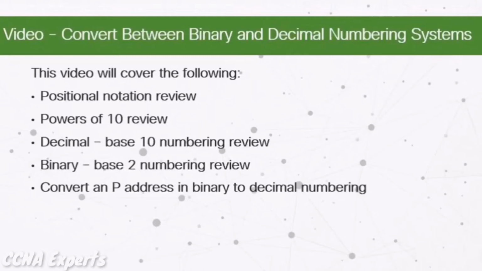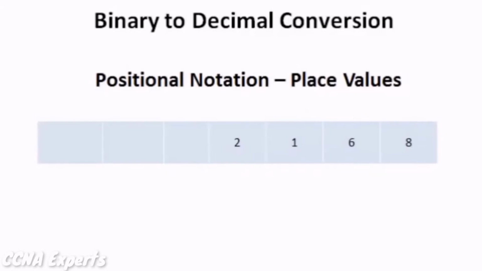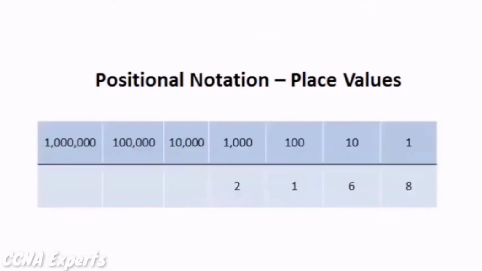In this video, I'm going to discuss binary to decimal conversion. But before I do this, I want to take a look at positional notation, or place values. I have the number 2,168 here. If we look at the place values of the number 2,168, we can see that the place values